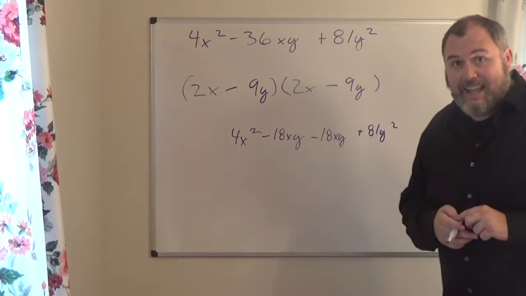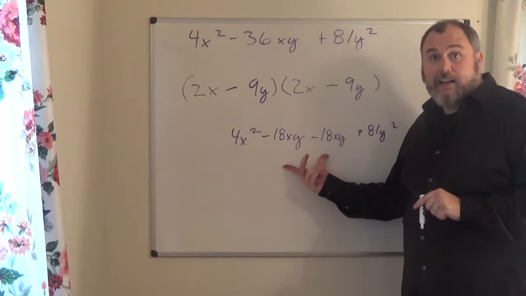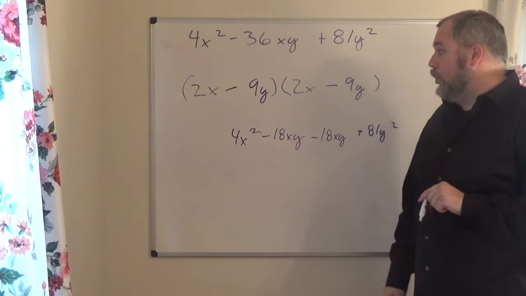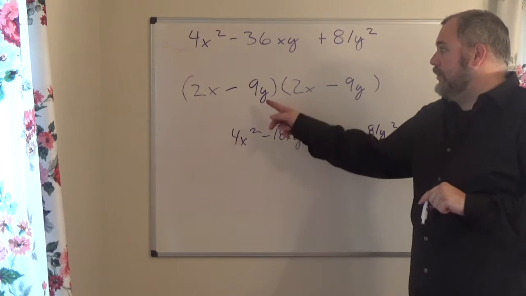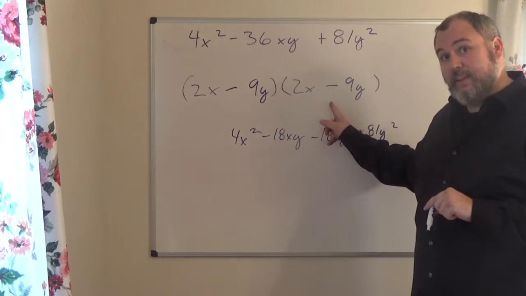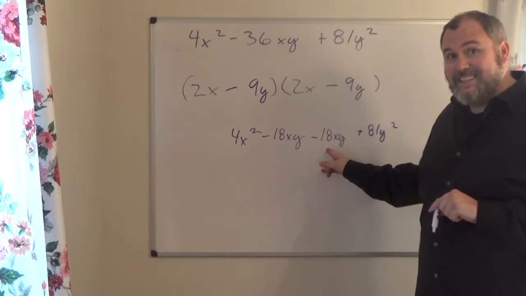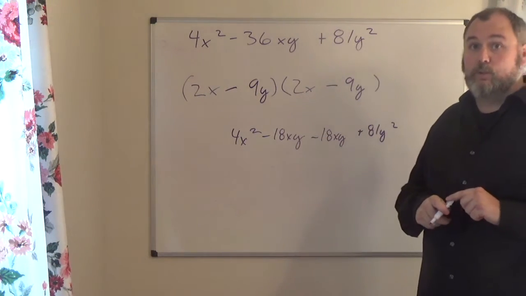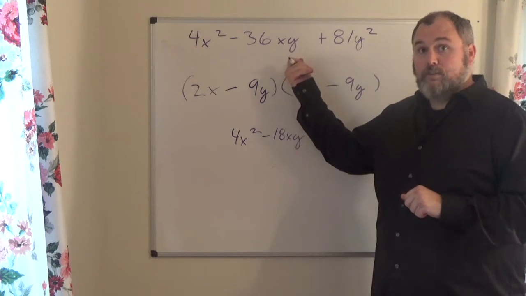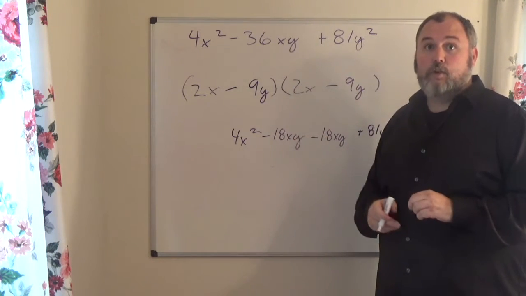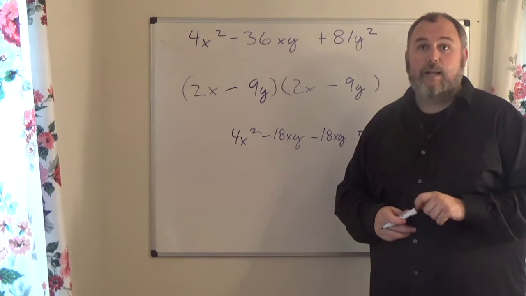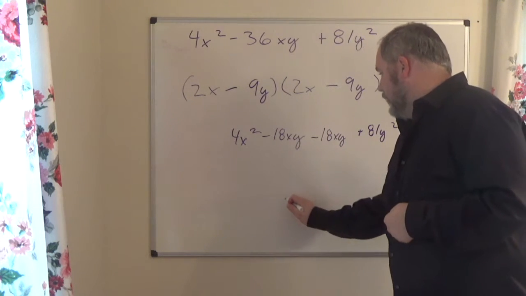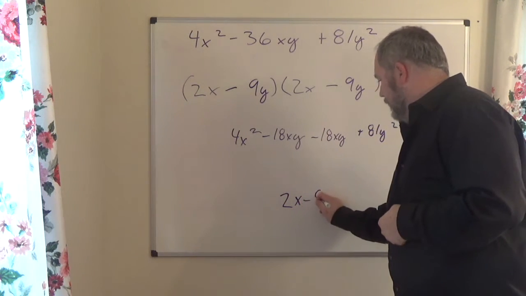Well, what happens now? These two terms get combined. Guess what I get? Minus 36xy. So does this check? Yes, it does. This term times this multiplied to get this, and ultimately we simplify this to get back to our original expression. So this first term factored out is 2x minus 9y times 2x minus 9y, and for those of you who want another way of saying it, you could say 2x minus 9y